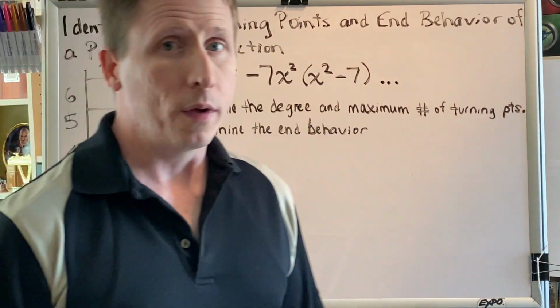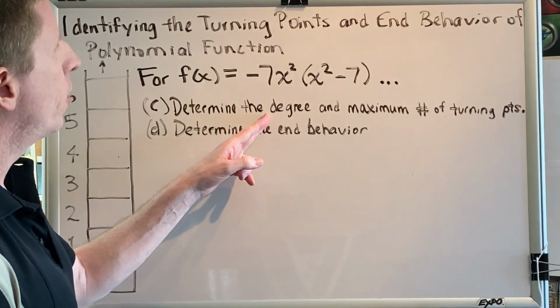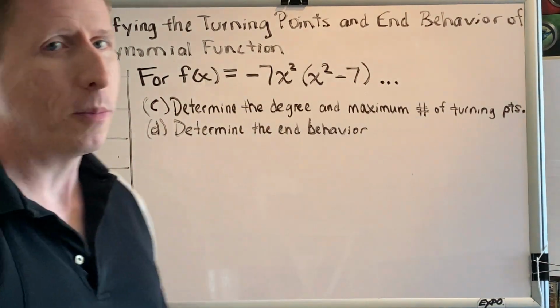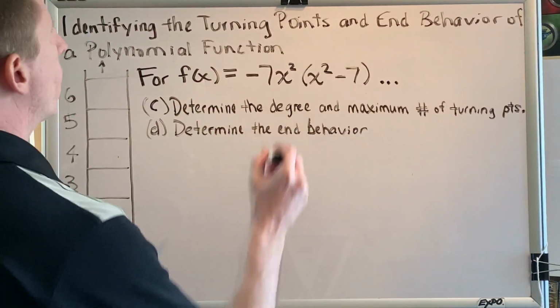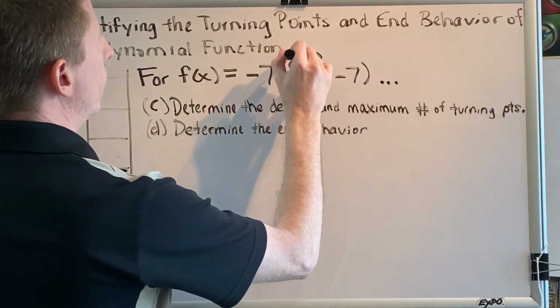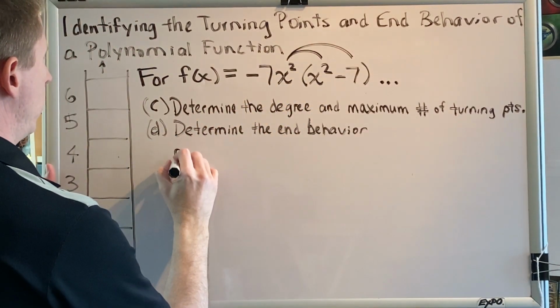All right, well, we've learned that there are two ways to determine the degree, and there are two ways to determine the end behavior. So in this video, we're going to take a different approach. We're going to use the distributive property. We're going to rewrite our function as